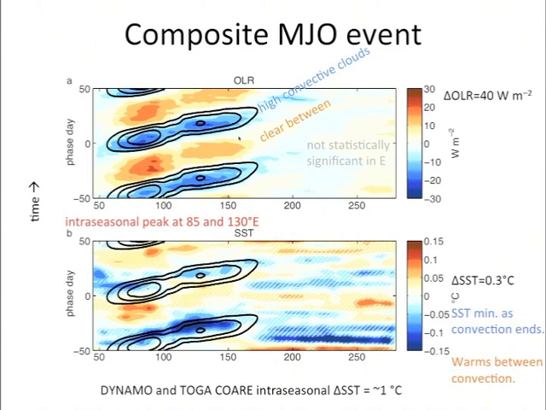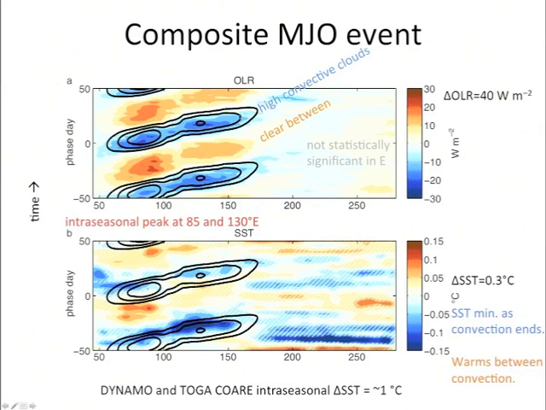So the outgoing long wave radiation is composited on the phase of the outgoing long wave radiation. So you get what you expect to get. It's almost a tautology to do this, but it's just a check. So you can see that there's high convective clouds